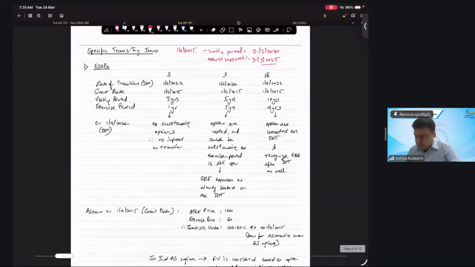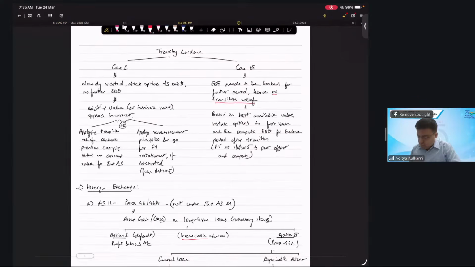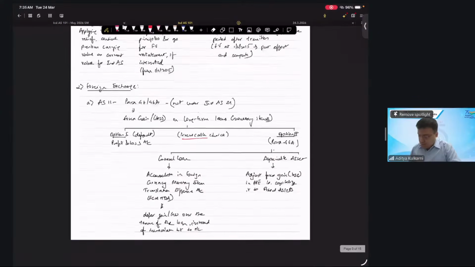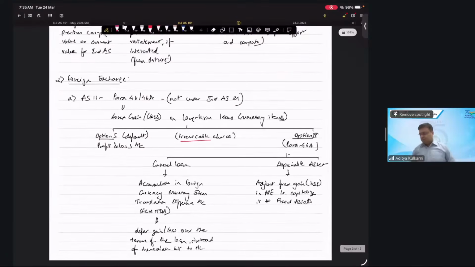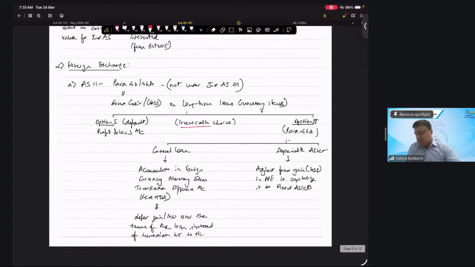That is foreign exchange. Now, this also we have covered in detail in the session, but just to quickly run through the provisions. There was para 46, 46A under AS 11, not was, it is still there. Okay. So what happens is under